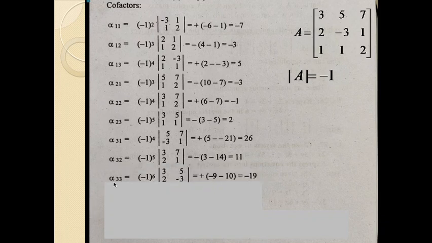And the last one, you know how to find. Alpha 3 3 means -1 raised to 6. 3 plus 3 is 6. You know how to find this matrix. And if you solve this, you will get minus 9, minus 10, it will be minus 19, minus 19 into plus, it will be minus 19. I hope you know how to find the negative values and how to do the multiplication and mathematical computations of the various values with positive as well as negative signs.